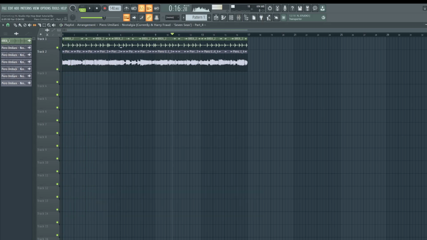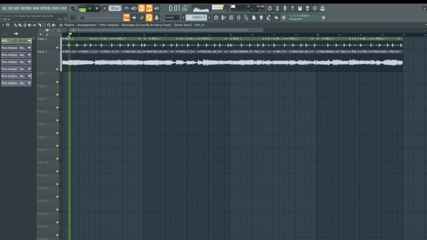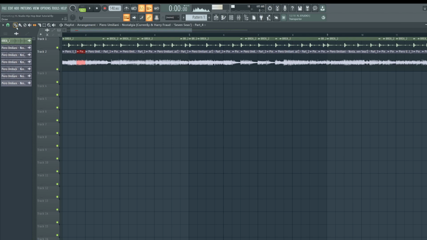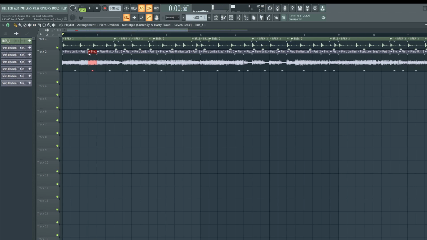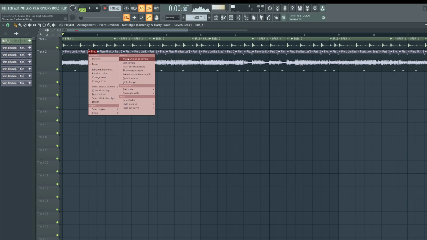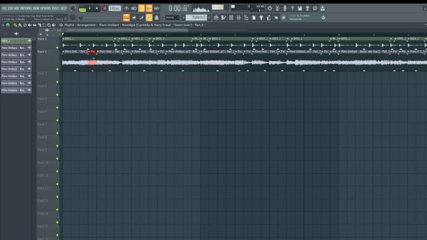Now I'm going to show you some Jedi level stuff. Let's say you want a particular part of the sample to feel wide. So like, let's say you want this part to spread left and right. What we need to do is solo the chop. Just hit Control, left click, and then go to the top left. Make this unique as a sample. And I'm going to blow you guys' minds.